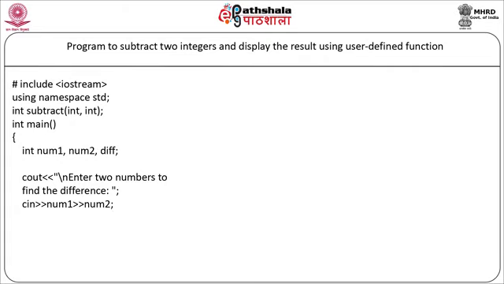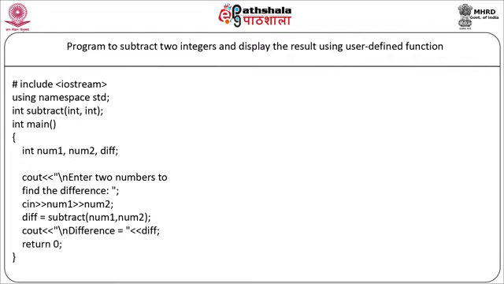Now we will give a call to the function subtract as diff = subtract(num1, num2). Here num1 and num2 are the parameters to the function subtract, and the return value of this subtract function will be stored inside the variable diff. Now we will display this value on the screen as cout difference is equal to diff, return 0, and our